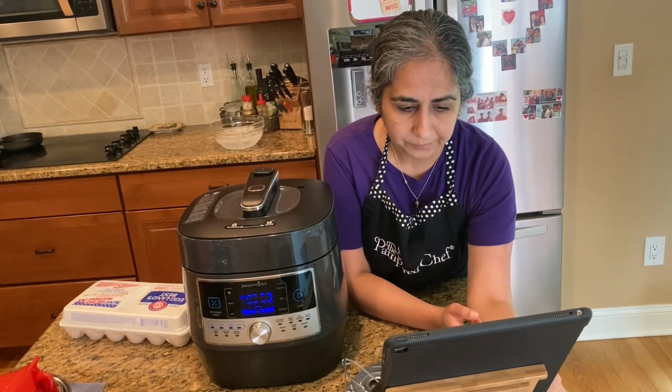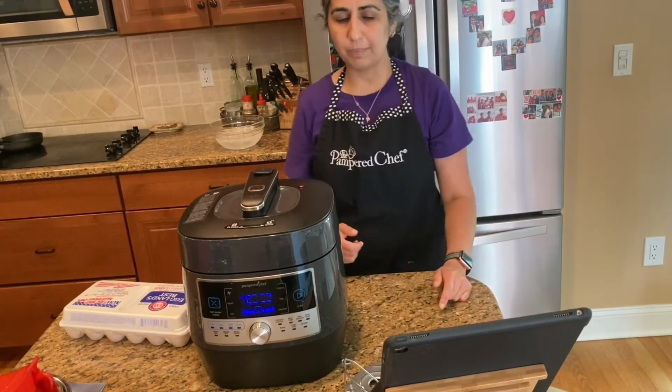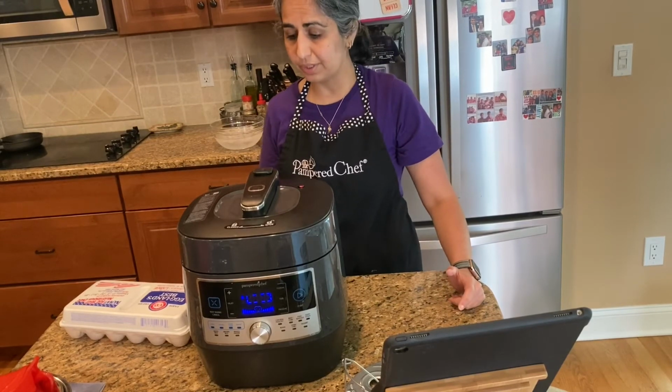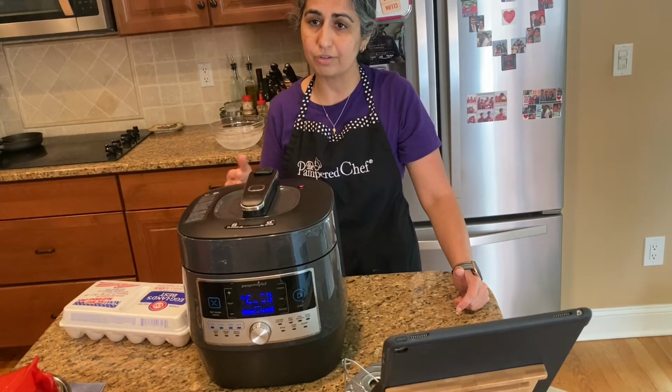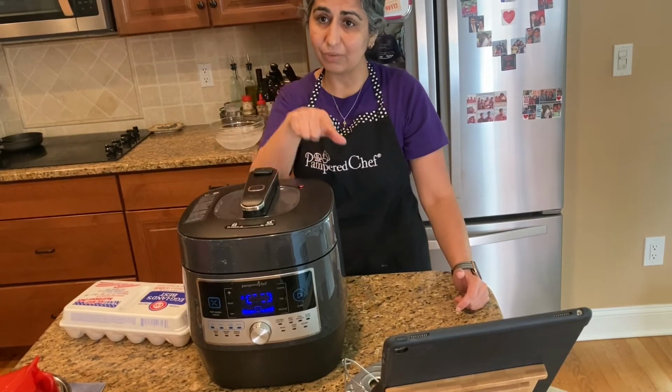The other tip I recommend is after every use, just take a wet cloth, on the drier side, or a paper napkin, and clean around the rim,